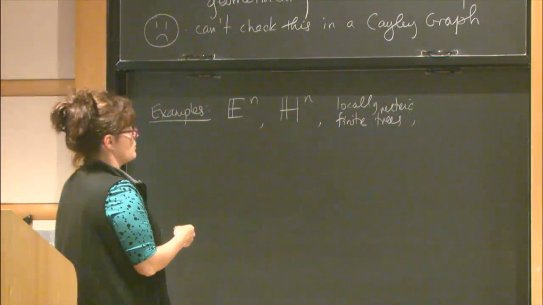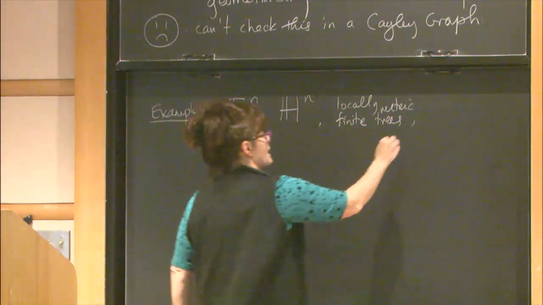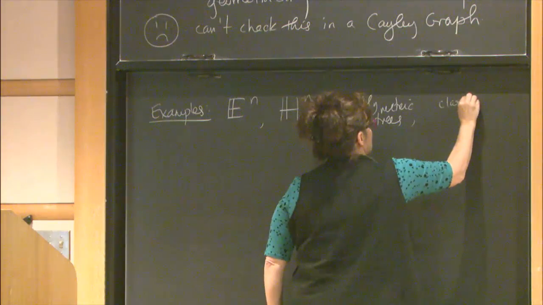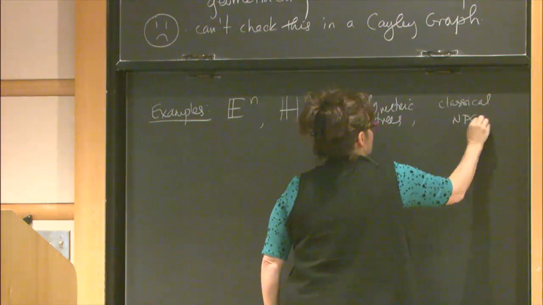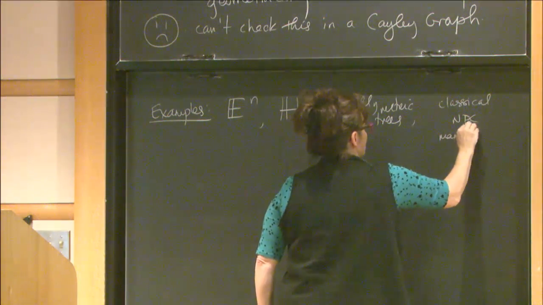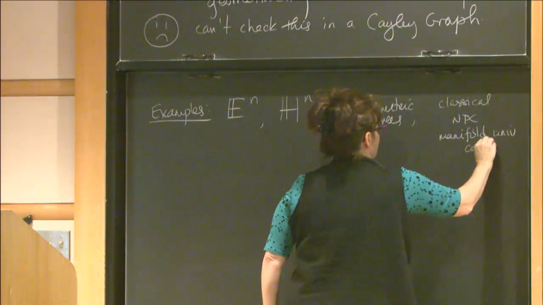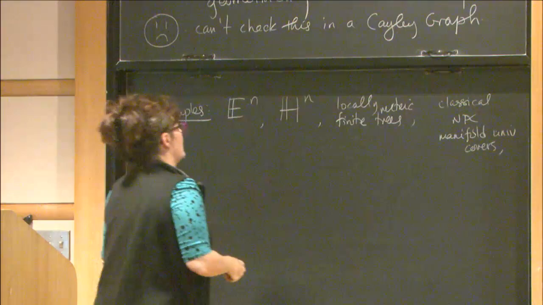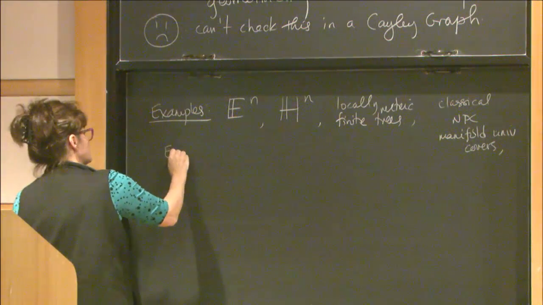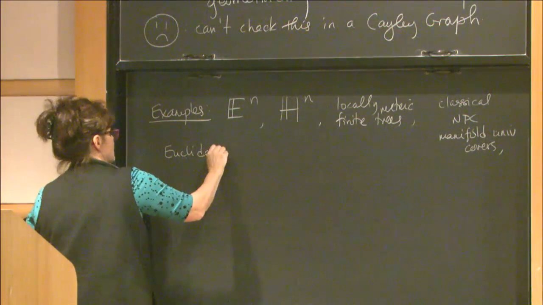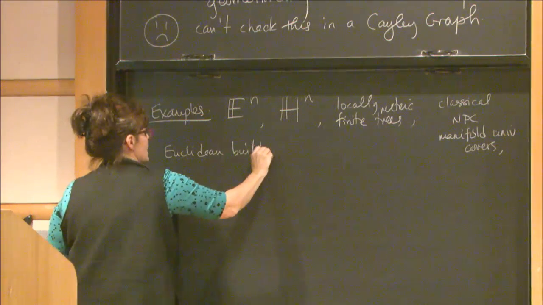Those obviously should be, so I'll just say, classical non-positively curved manifold universal covers. And I'll say Euclidean buildings, if you know what those are. If you don't, no big deal. Again, my point is that